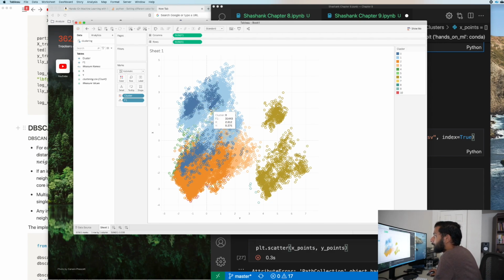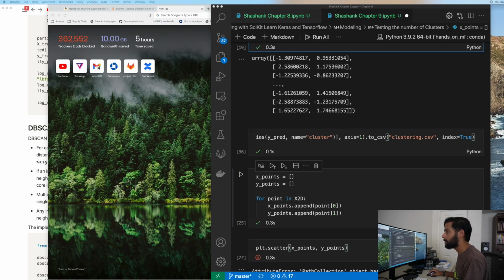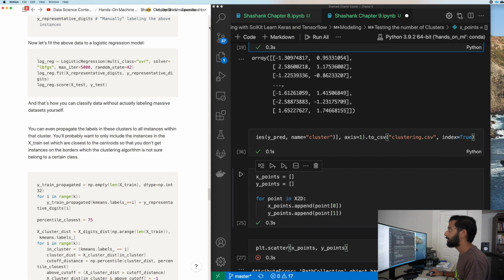And it seems that the clustering algorithm is not doing the best job in actually getting us our cluster lengths. And maybe it has to do something with the fact that these are ellipsoidal shapes. Remember that k-means works best when you have circular shapes. So it looks like we tried to implement something and it didn't really work out too well, but we went through the whole process of actually doing it. All right, so let us go to the next section.